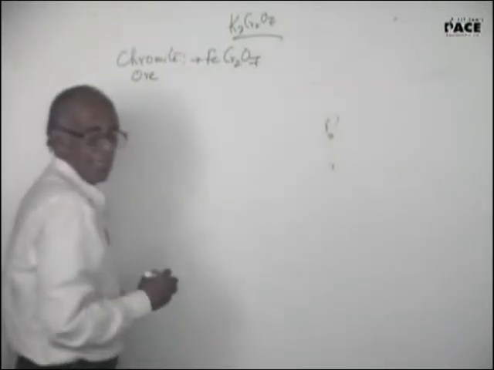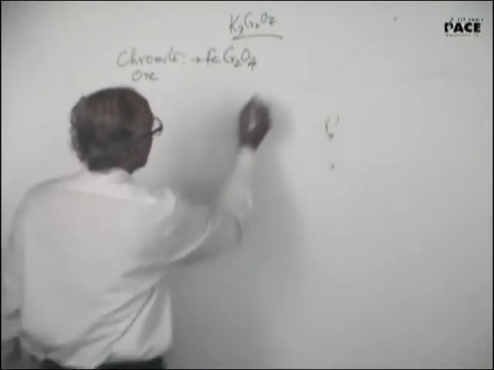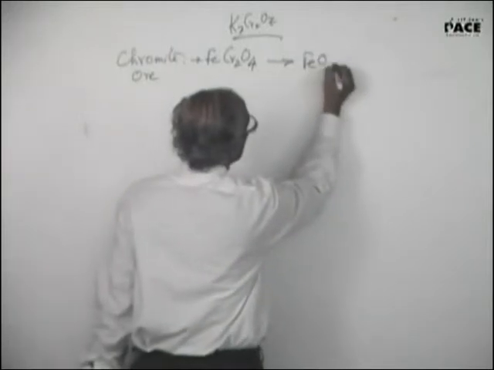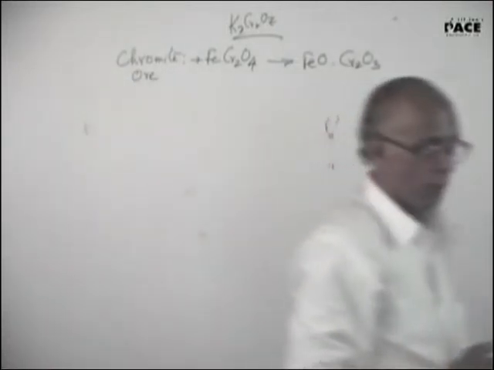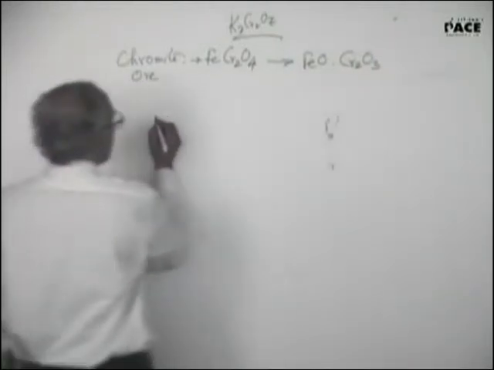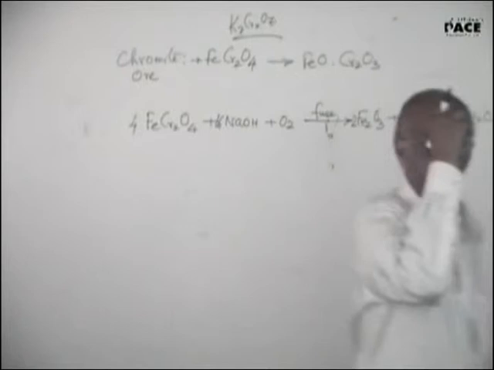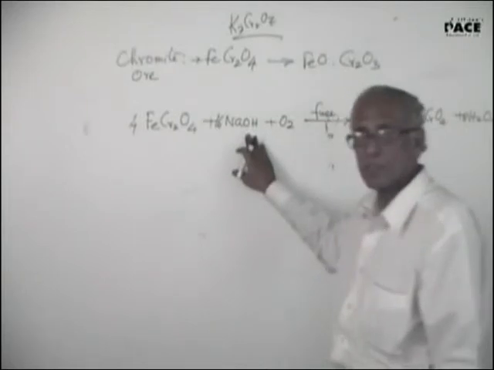Potassium dichromate is prepared from an ore called chromite ore. It is a mixed oxide. FeCr2O4 is called chromite ore, which is a mixed oxide, FeO plus Cr2O3, chromic oxide. So, if chromite ore is fused, meaning at high temperature, in the presence of sodium hydroxide and oxygen,